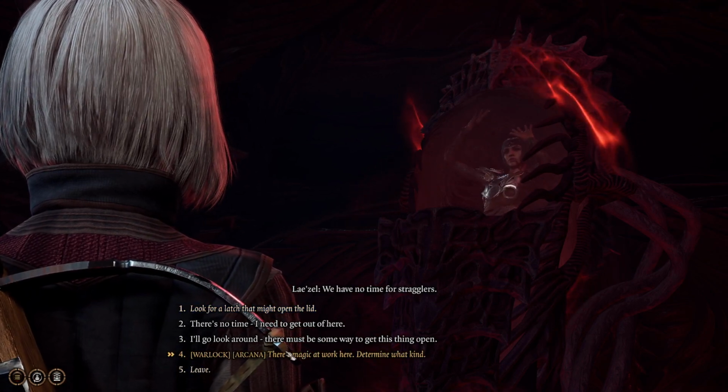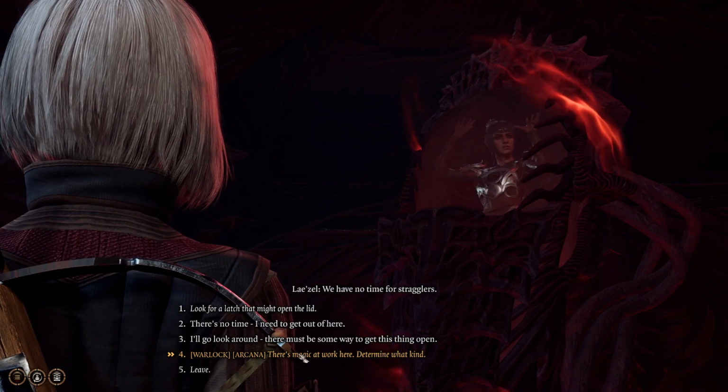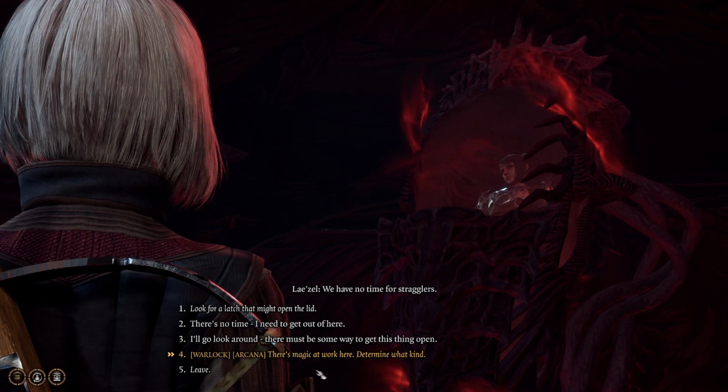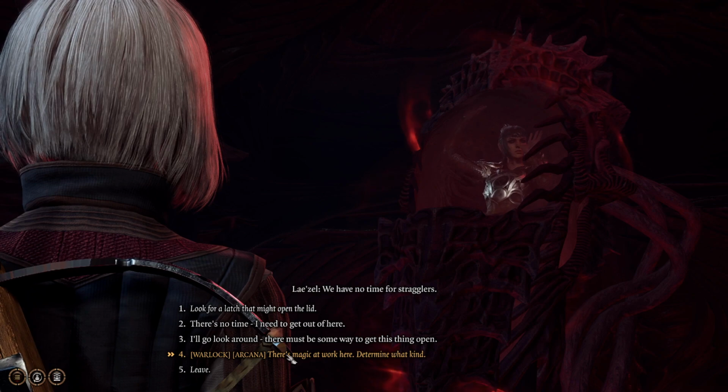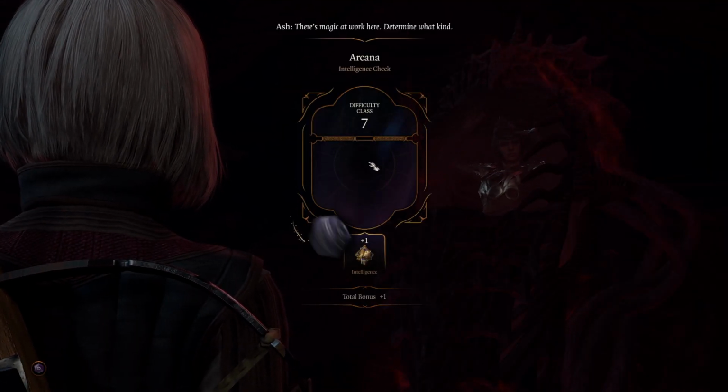Look, I know you say we don't have time for stragglers, but it might be very handy if we get ourselves some extra help. And she's wearing armor. She looks like she probably means business. So let's use our Warlock Arcana. We only need to roll a 6 here, so let's hopefully...